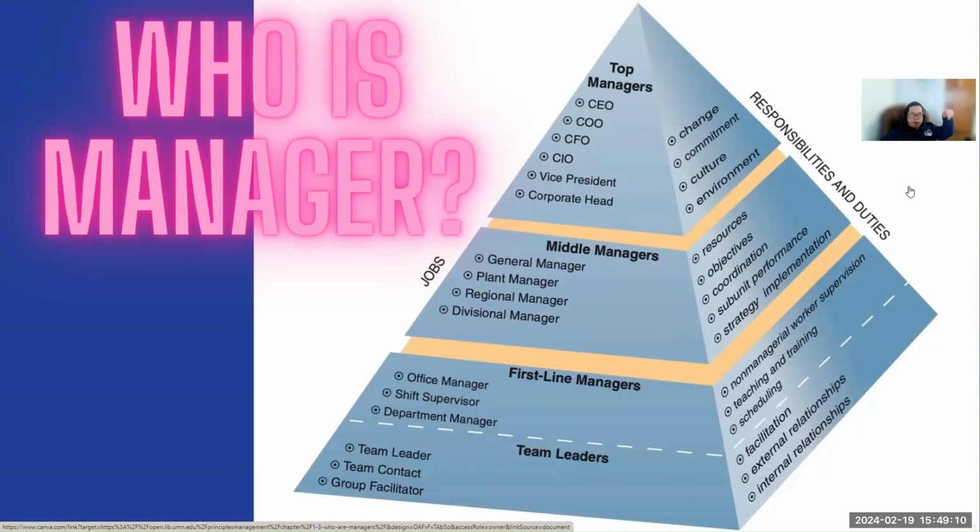Top manager makes orders to middle manager, and middle manager makes orders to first line manager, the first line manager makes orders to lower level managers or then employees. So that is the only precise thing of this pyramid that we can think. That is, we have top down decision making and responsibility process.